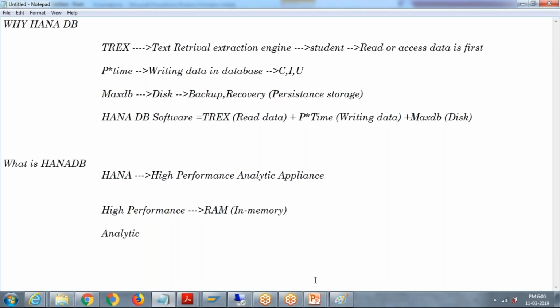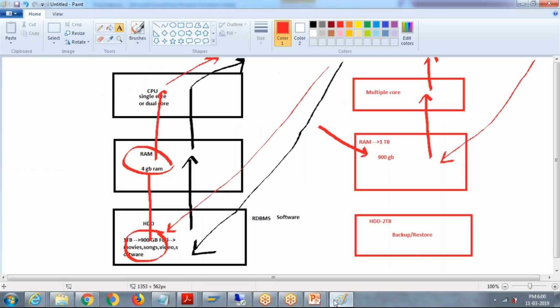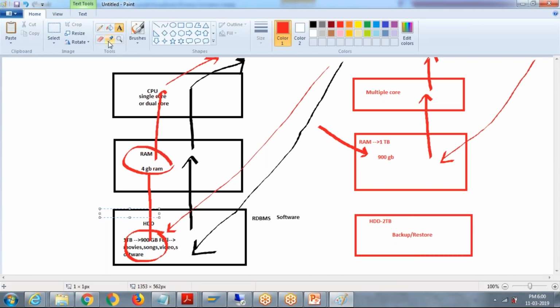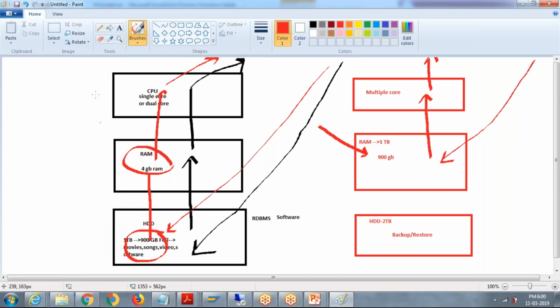Analytical data. Now here, in our traditional database, what type of data are we storing? What do we call this overall data? For example,